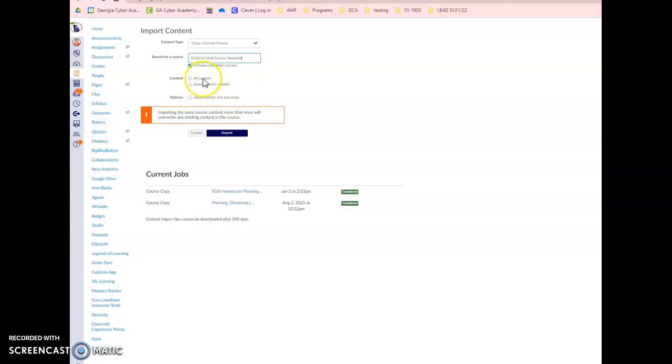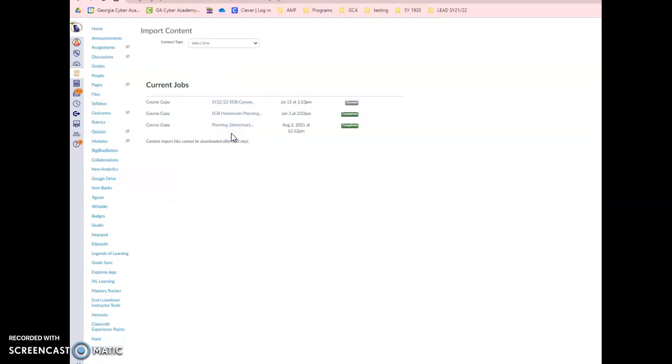For this particular purpose, we're going to do all content. So we're going to import everything about this planning course, this template course, into your content course. So you'll have everything that you need to get started. And then you just hit import. And so it queues it up, and it takes a little while to run it. So once it's ran, then